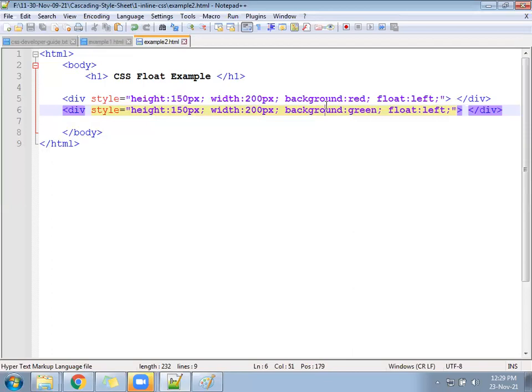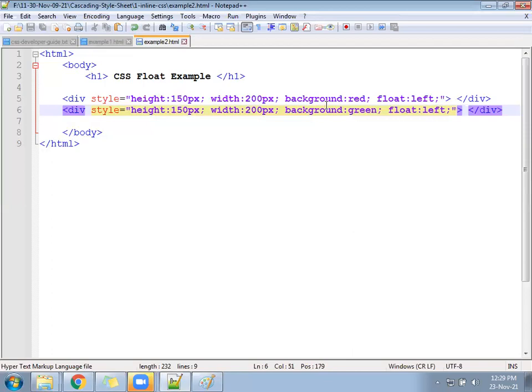So if anyone asks what is float, we can ask, are you asking about JavaScript or CSS? In case he says CSS, then we can say float is a property. It will change the element behavior from block to inline. Okay, float is a property in CSS.